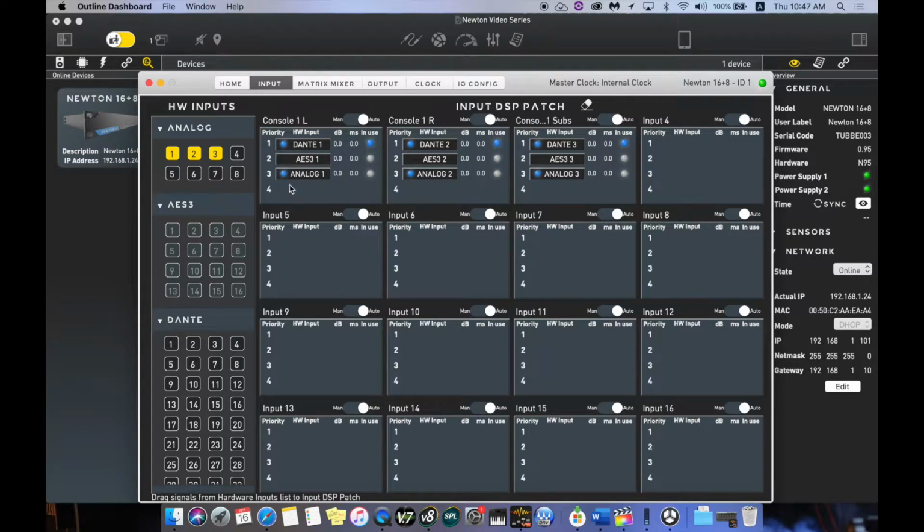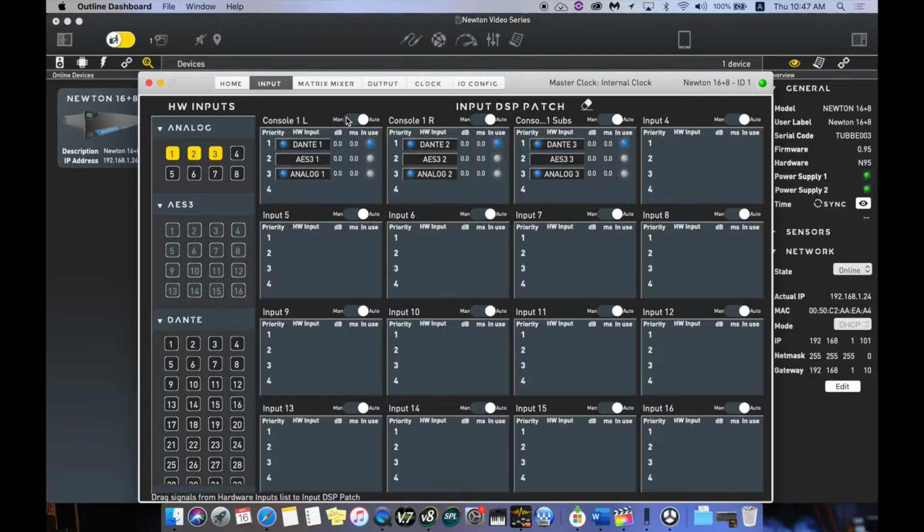The blue dot on the side of the input shows whether a signal is present on the particular protocol or not. And then there's this section of in use which tells us which protocol is currently being used. By default, Newton's input priority switching is in auto mode. However, this switch here lets us choose between automatic and manual backup strategy mode.